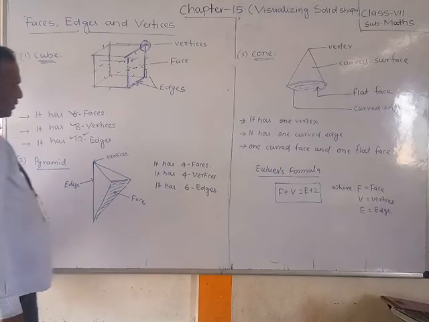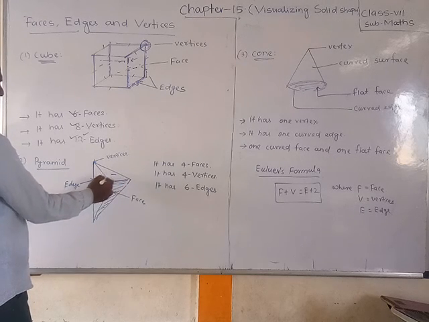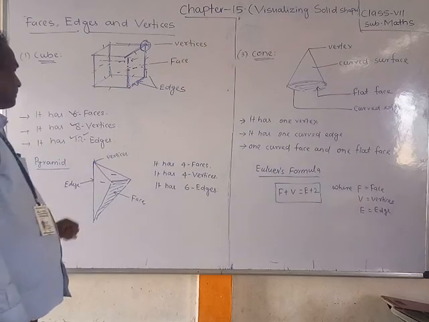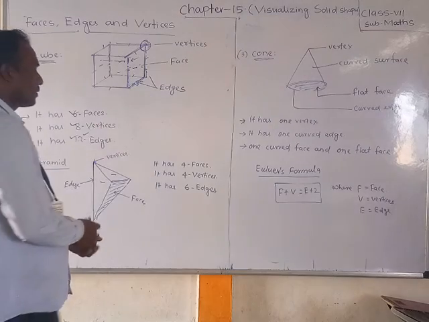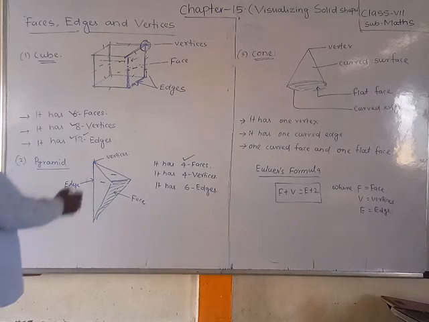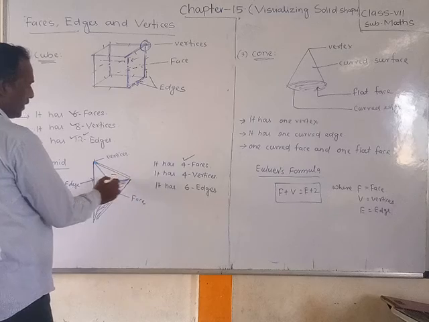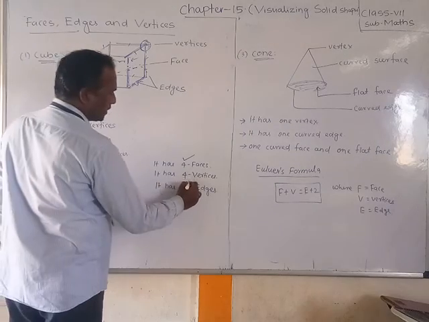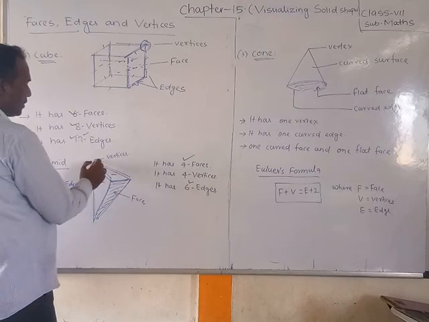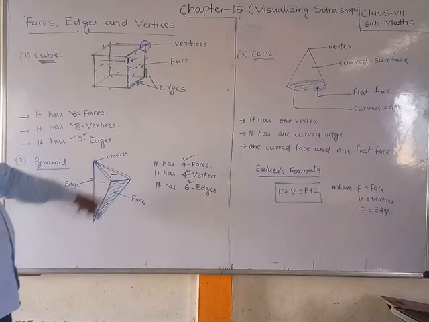In that pyramid, friends, you should see these are the side faces, with the base down below. This is one face, this is one face, this is one face, and then the back side also has one face. We are observing 3 faces and one back face. So in total, 4 faces are there. And how many edges? This is one edge, 2, 3, 4, 5, 6 edges. So there are 6 edges. Then how many vertices? Vertices 1, 2, 3, 4. So 4 vertices are there. These are the vertices, faces and edges.